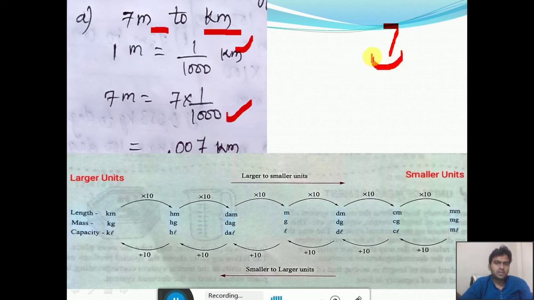So after one place it will reach before 7. Now there is no number, so we will include the 0 here. Now one more place we will move. After the second move the point will come before this 0. Now for the third jump we do not have any number, so we will include a 0 here and then move one more place. So 1, 2, 3. In the case of divide we have to move right to left. So after 3 jumps we have to put the decimal point here. So our answer is 0.007, or before this we can put a 0.